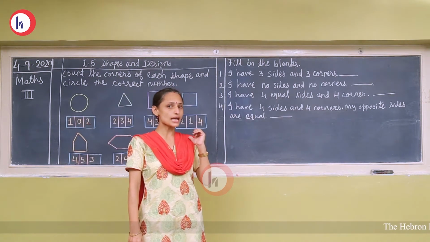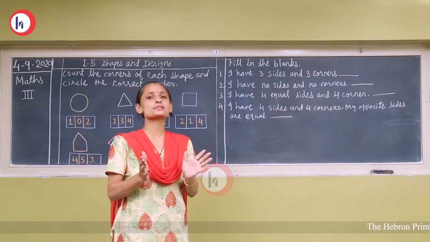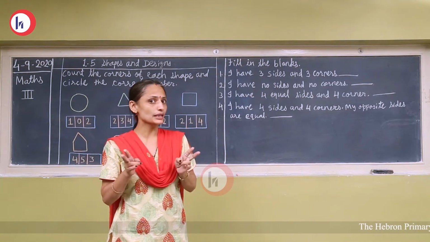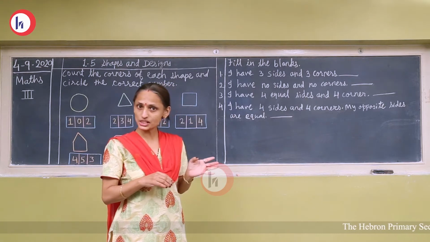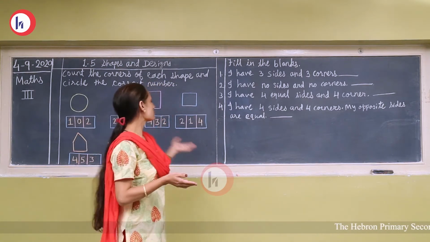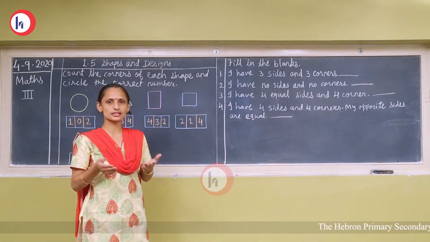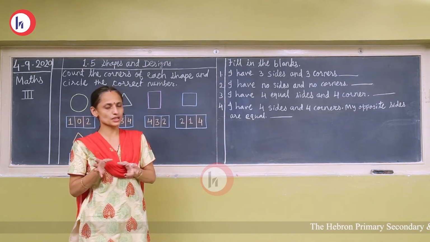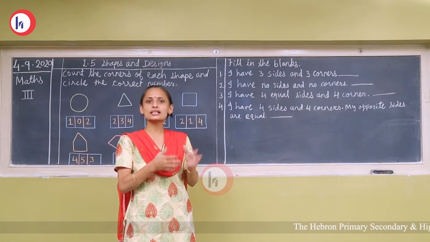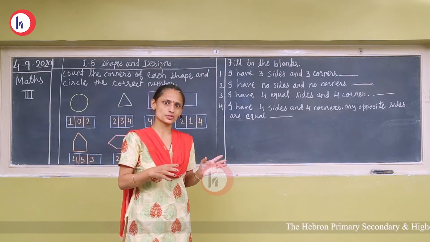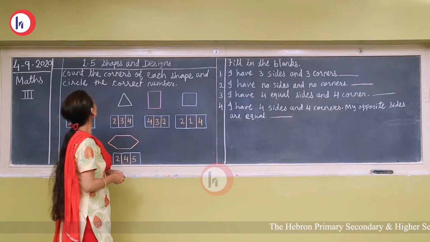In the last video I explained that there are different shapes, and shapes are divided into two types. First is plane shapes and second is solid shapes. Plane shapes means circle, square, rectangle, triangles. These are called plane shapes, and cube, cuboid, cylinder shapes are called solid shapes. Okay. Now today we will solve some exercises.